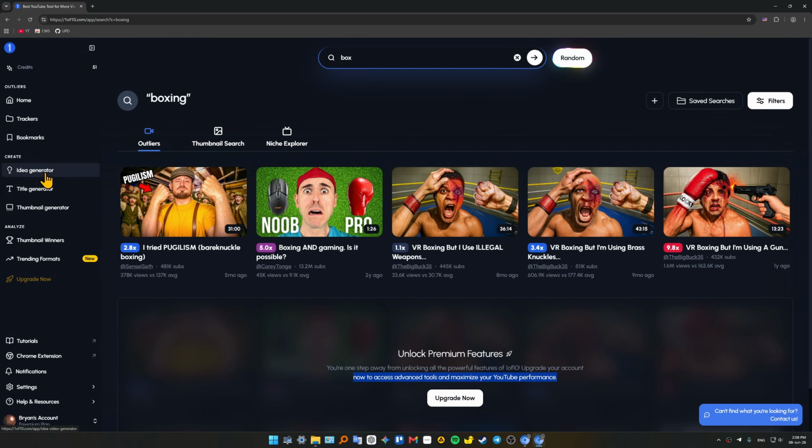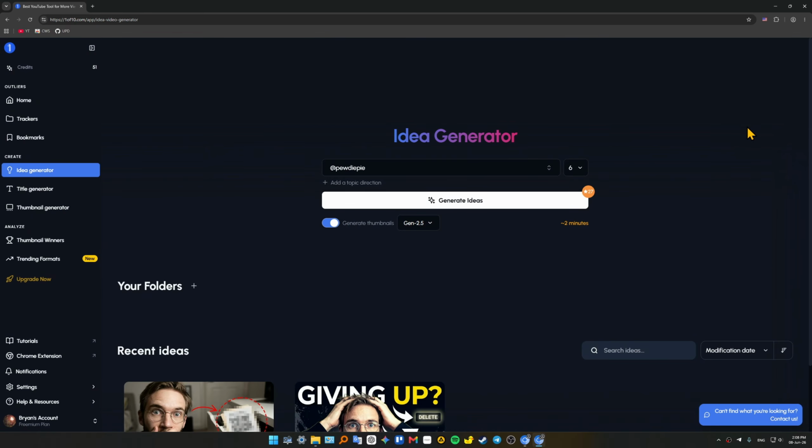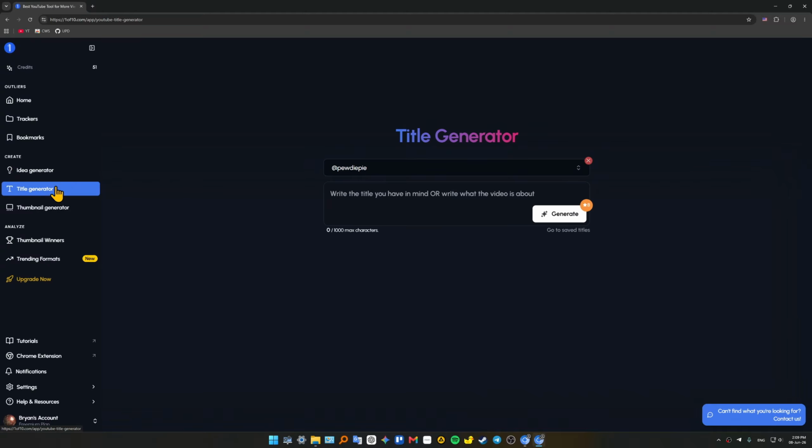Okay, so now let's get to the idea generator, which is one of the most important things. So guys, you do not feed generic AI models empty prompts. 10 out of 10's AI is explicitly fine-tuned on verified outlier performance data. So just select your folder or viral topic as the core context source. The tool will parse the underlying psychological triggers and output 10 unique tailored video concepts specific to your niche. If you want more, you can do 18 at a time, as you can see, but be mindful of the credits.